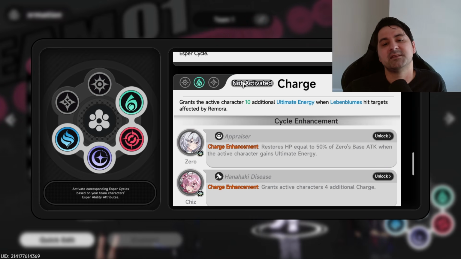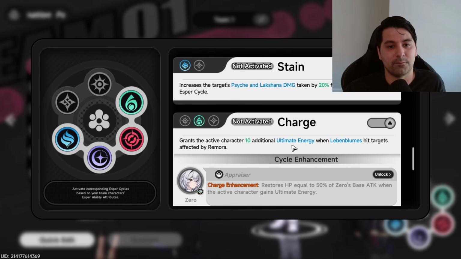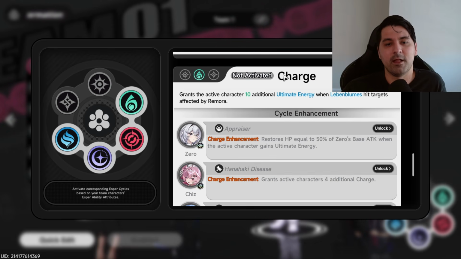Charge grants your active character 10 additional ultimate energy when Lobbin Blooms hit the target that is affected by Remora. So because you've got Anima and Cosmos, you trigger the Lobbin Blooms, and because you've got Cosmos and Lakshana, you trigger Remora. And having these two different elemental cycles with Charge triggered causes you to generate a ton of additional